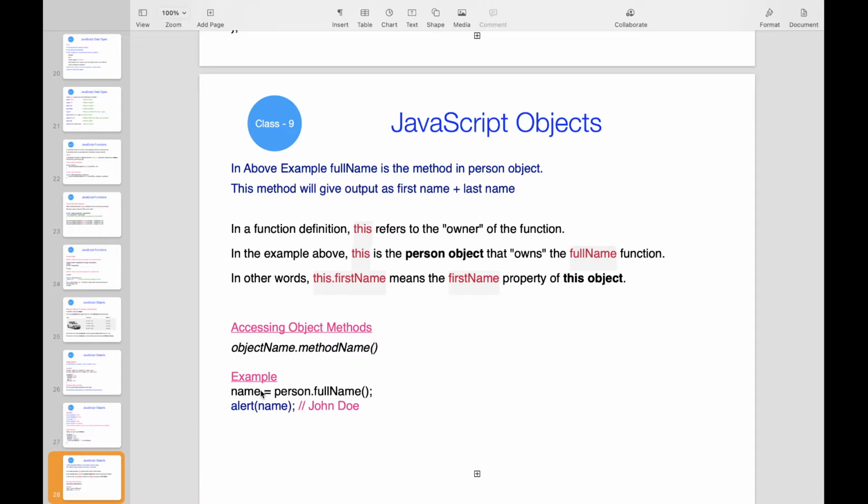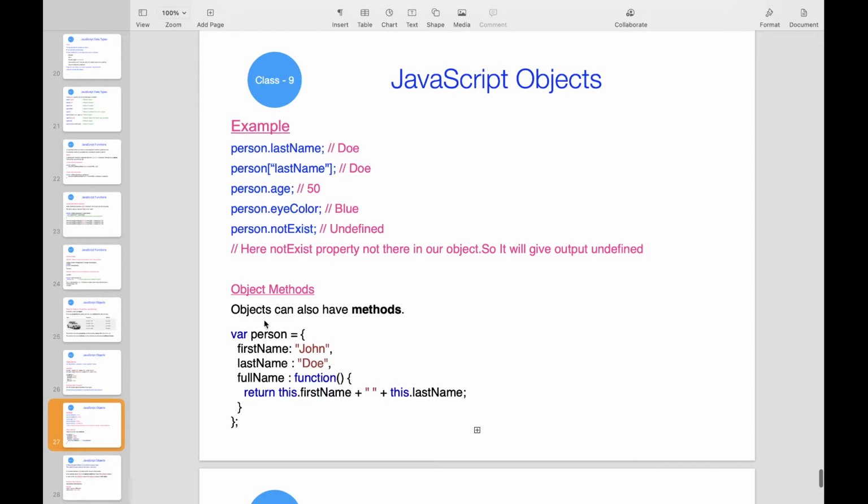Okay, see here in the above example, fullName is the method in the person object. This method will give output as firstName plus lastName. In a function, this will refer to the owner object. Owner object means here person is the object, so here this means person.